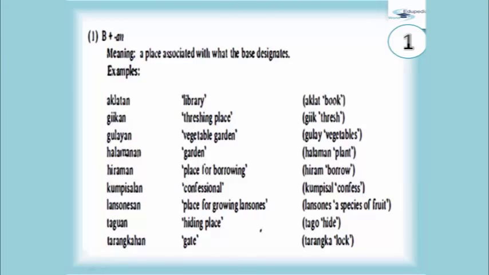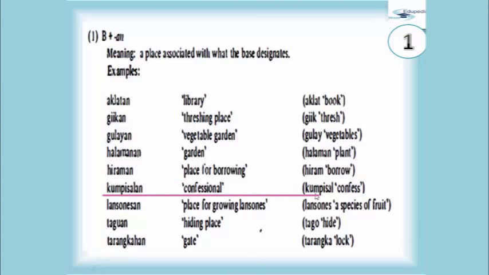First we have the B plus -an, meaning a place associated with what the base designates. For example, aklatan, library, aklat, book; giikan, threshing place, giik, thresh; gulayan, vegetable garden, gulay, vegetables; halamanan, garden, halaman, plant; hiraman, place for borrowing, hiram, borrow;